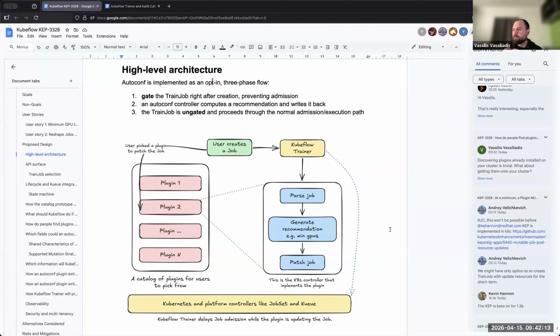Let's find the absolute simplest MVP that the community would be interested in using. Because if this is too simple and nobody wants to use it, then there's no point in implementing it.